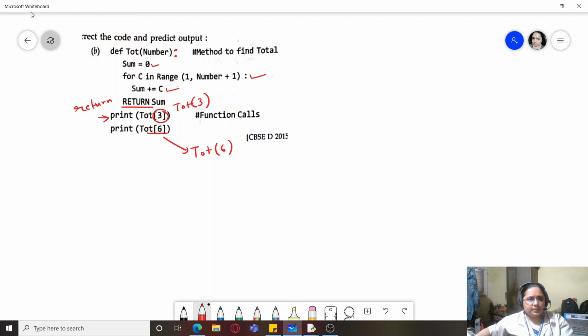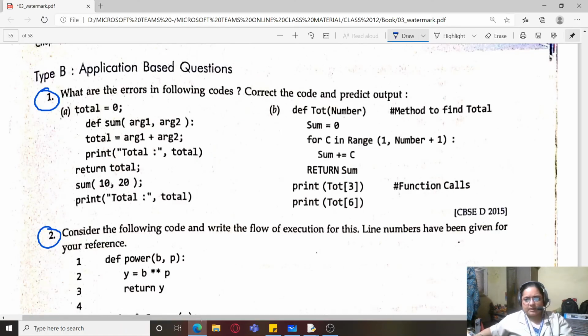Let us now run the program. First of all, our program execution will start from this print. So print tot3. Now, one very important thing is over here, method to find total, function calls.